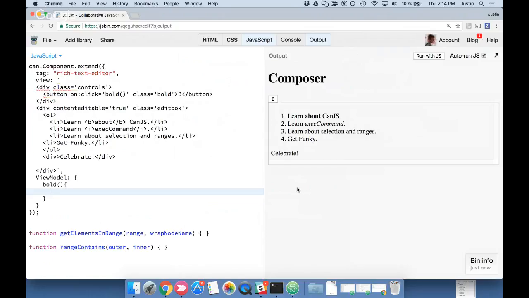This is a feature of the browser and of editable areas. If you've selected something in an editable area, like I've done over here, you have a range that is selected, you can call this execute command function of the document, and it will essentially bold. It'll change any of the HTML here, so it's wrapped with bolds. So if I do